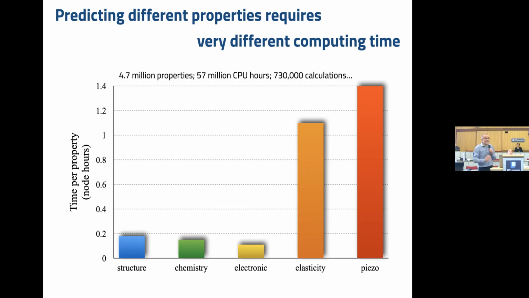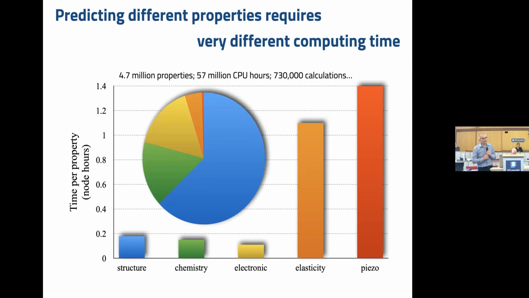It's not surprising that in the databases I was mentioning, most of the information that has been computed relates precisely to those properties that are easy to compute, because it takes a huge amount of CPU hours to compute properties anyway. And so those that are more complicated have a limited amount of data.